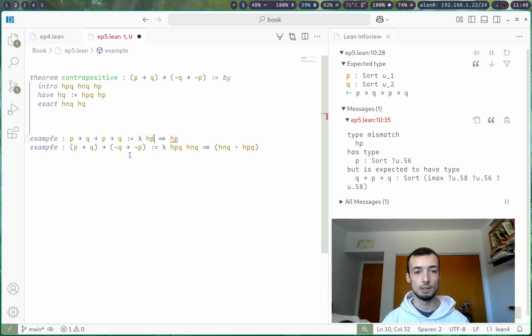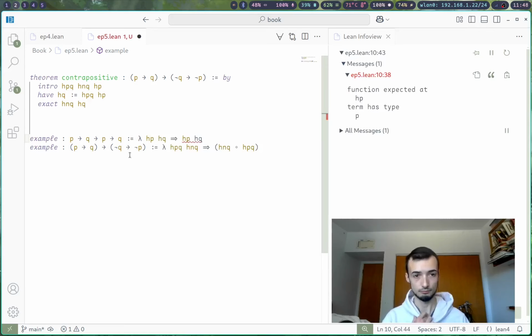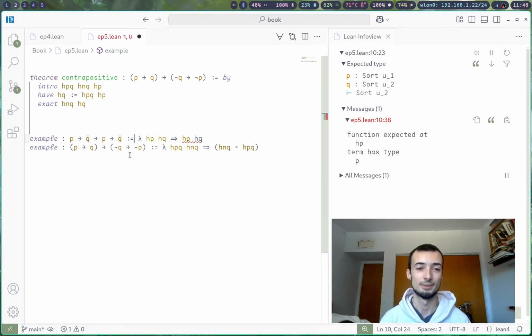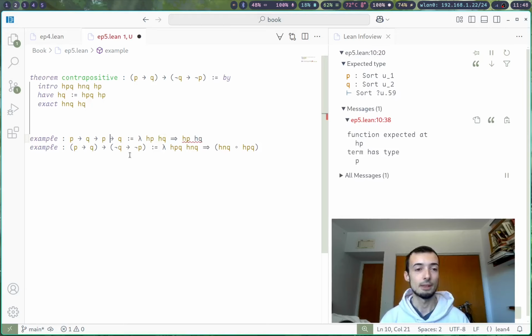We can do this by HP, HQ, HP, HQ. Whoops, let's make sure this works. No. That does not work. Okay, bad example. What I'm trying to illustrate here is that if we take a function from P to Q,